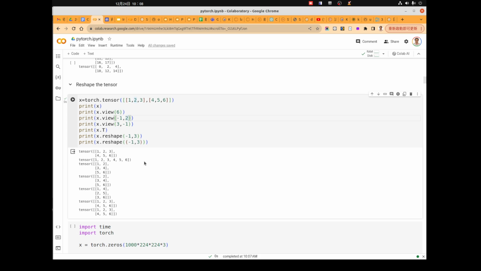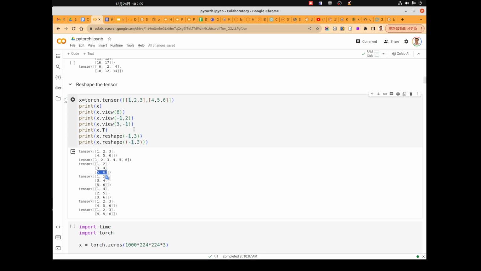So, when you write the -1 here, PyTorch will try to calculate the correct number. Since we know that we have 6 elements in the tensor, the -1 means that this will become 3. You can check here: we have 3 rows.